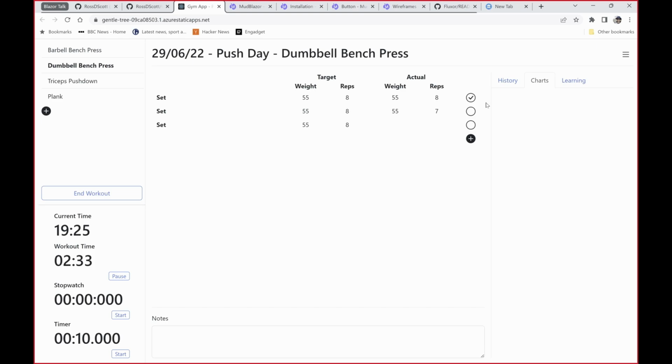When I tick that I've completed a session, what I'd really like to happen is that this timer automatically starts counting down for the rest interval that I'm going to do between sets. So that might be something like 2.5 minutes, 3 minutes, something like that, depending on what exercise I'm doing. So what we've got here now is a requirement that a